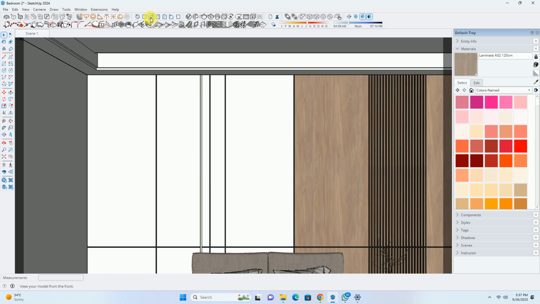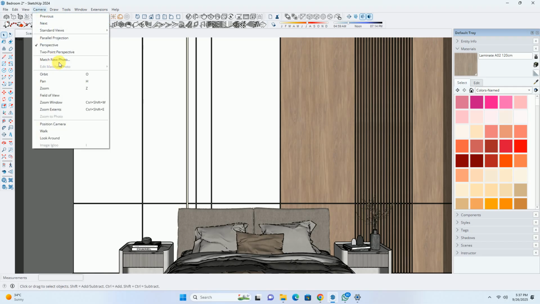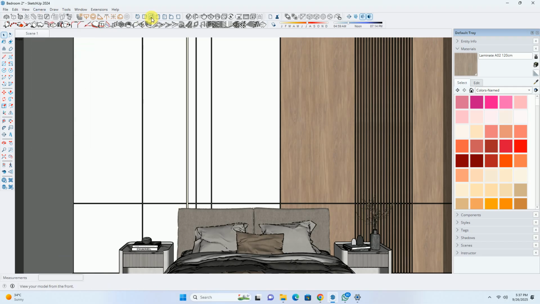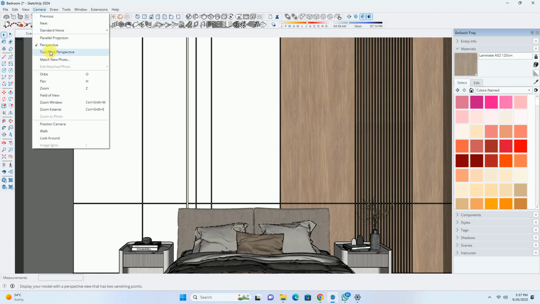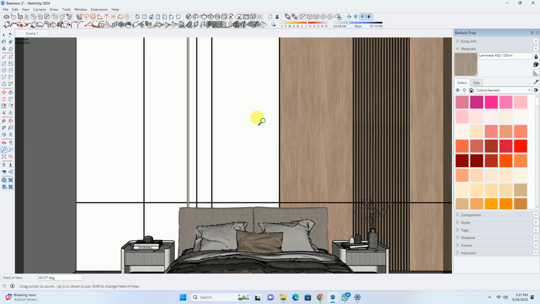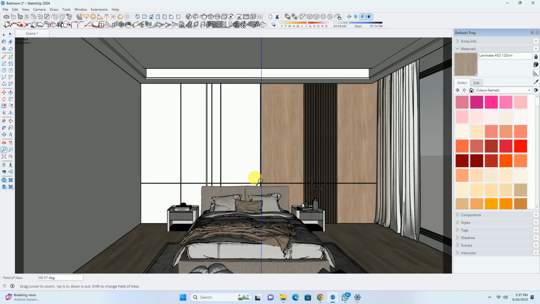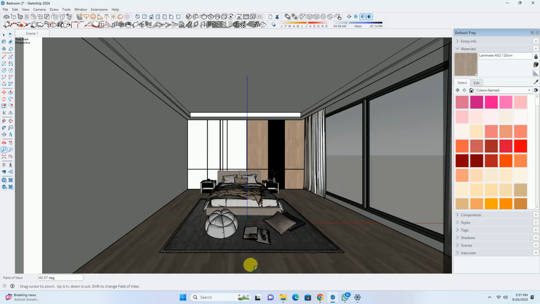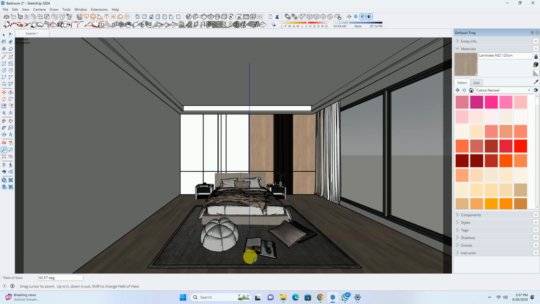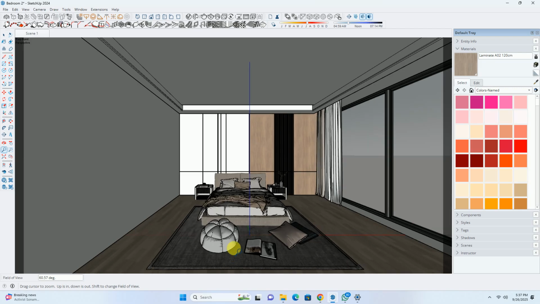For this feature, what we generally do is we first of all go to this camera option. We'll click on this 2 point perspective. Now we can press Z. Z is for zoom, and we'll select the left click. We'll click on the left click of the mouse and drag the mouse backward. By this approach, we can change the view to perspective and we can increase the depth effects also. But if I increase it too much, we can see that this is a distorted orientation.